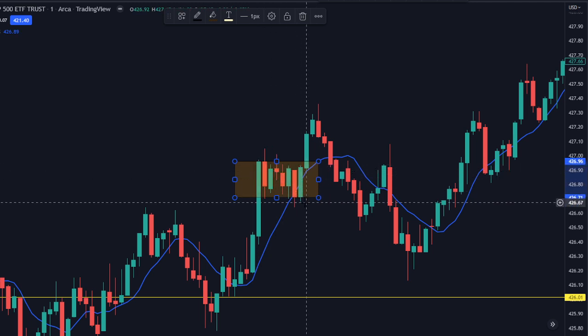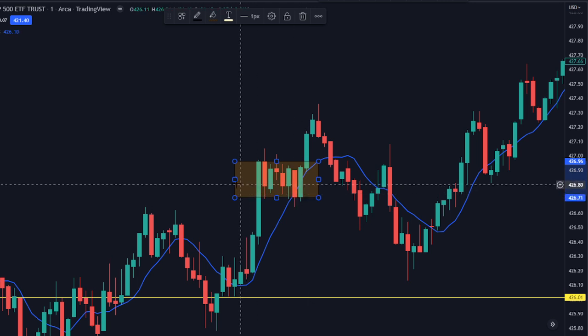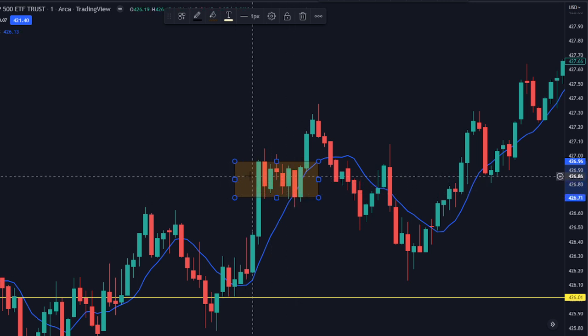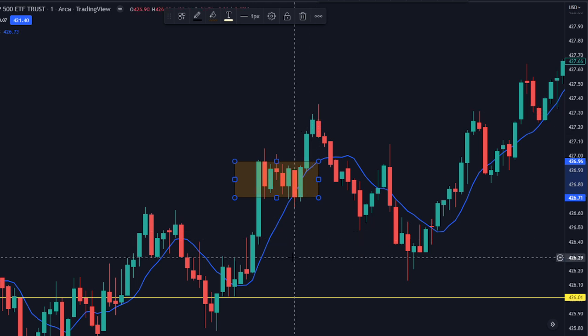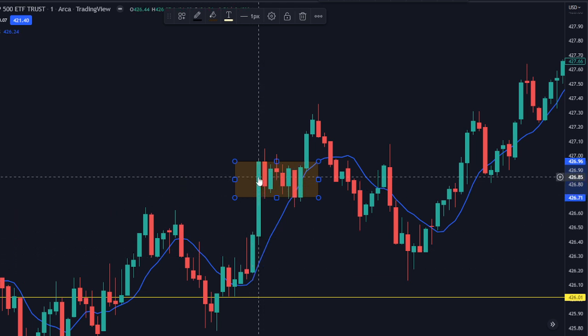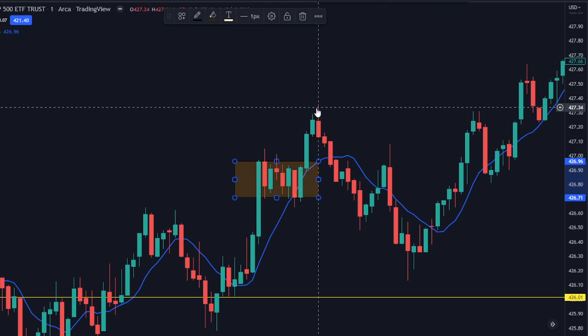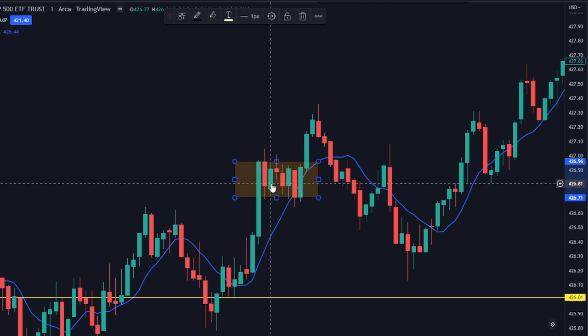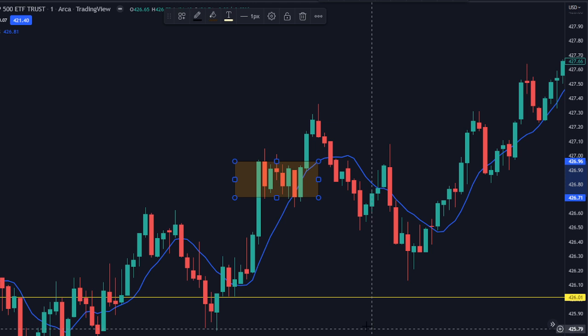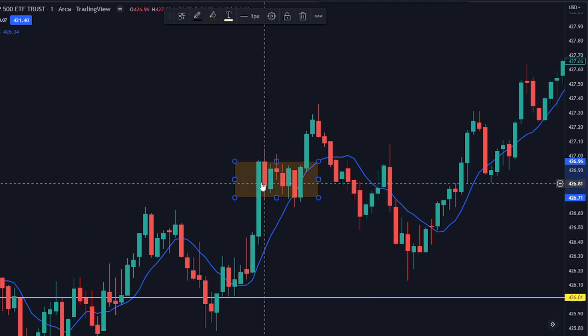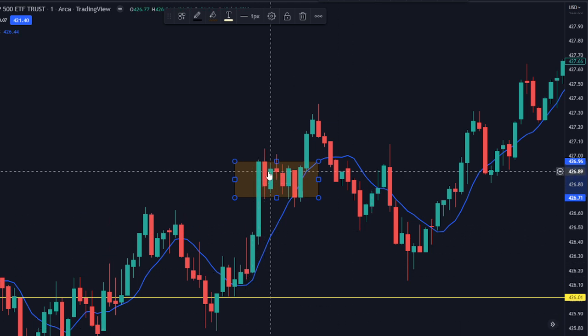So until it breaks this orange box, what's Jimmy say? Continuation or consolidation? Continuation. He tells us that all the time. If it goes up and we consolidate, more times than not it's going to continue in the same direction. Now, I know this is a little off because we don't have a target, but if you had one, you'd have been fine selling here. But holding through this,